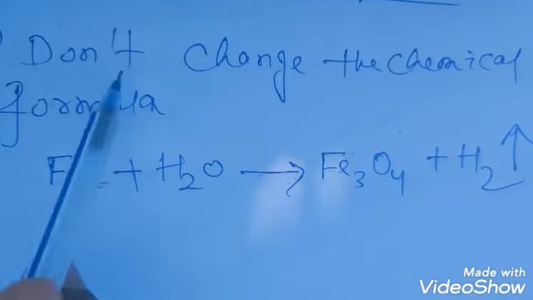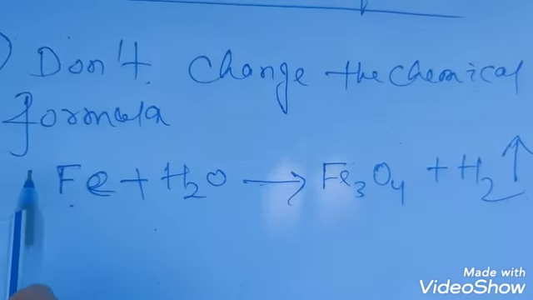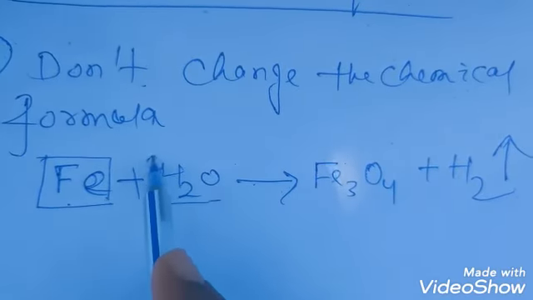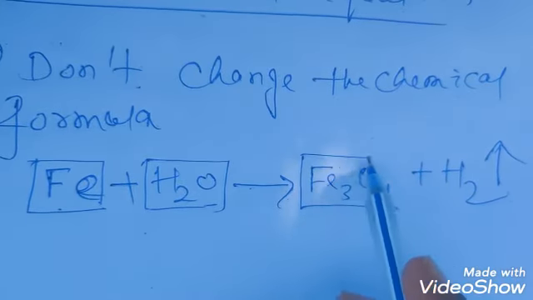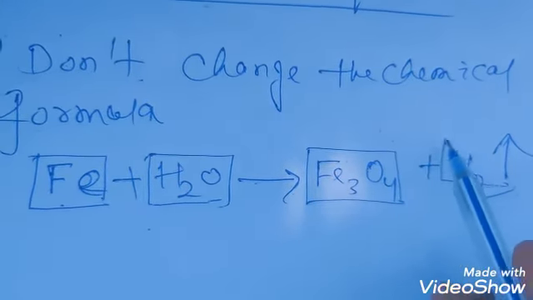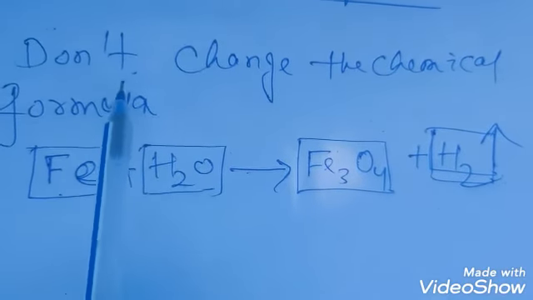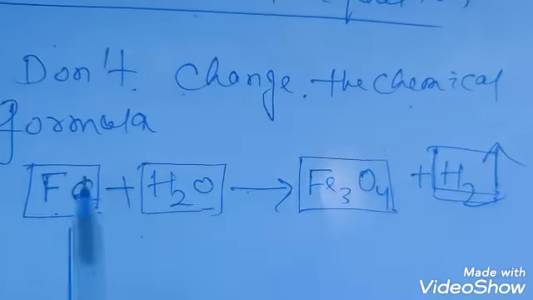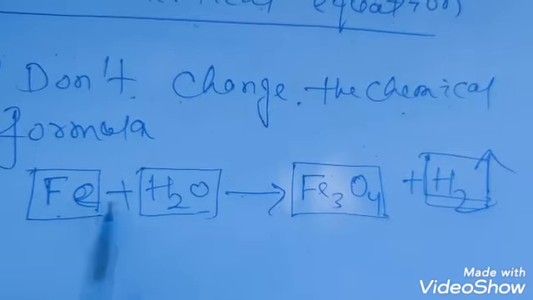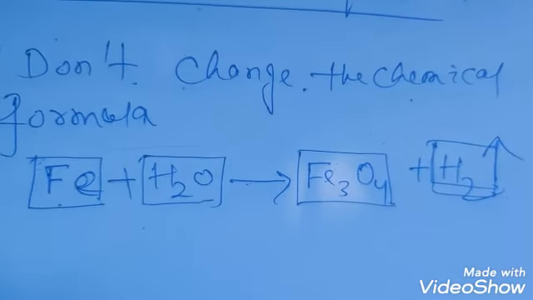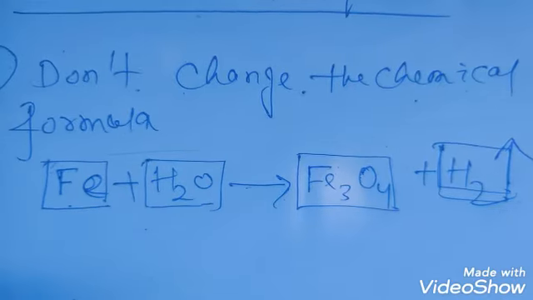The first step is don't change the chemical formula. We have to put a box mark around all the chemical formulas in the given equation. The first rule is don't change the chemical equation. We should never make any change in the chemical formulas. It is the first step, the first process. Then the second step, or the second process, is